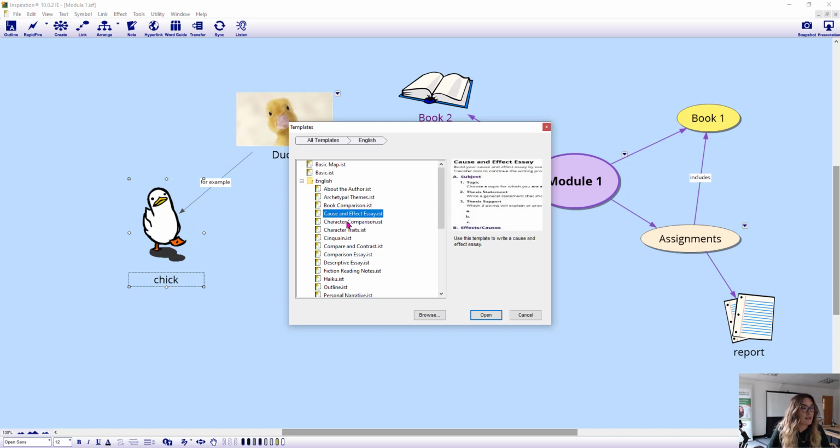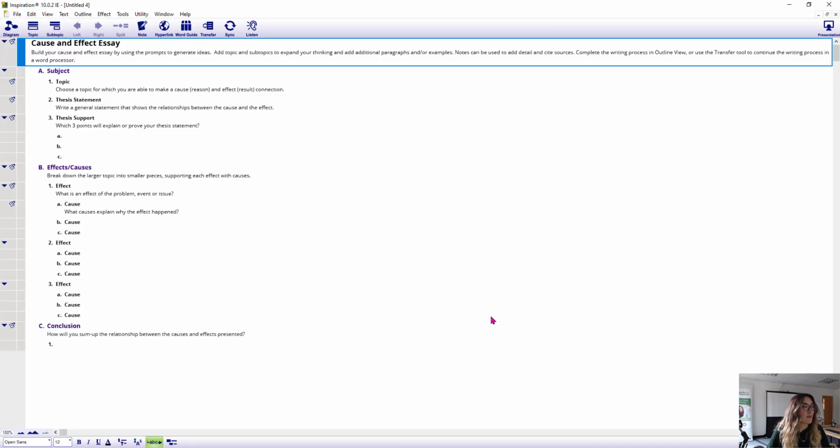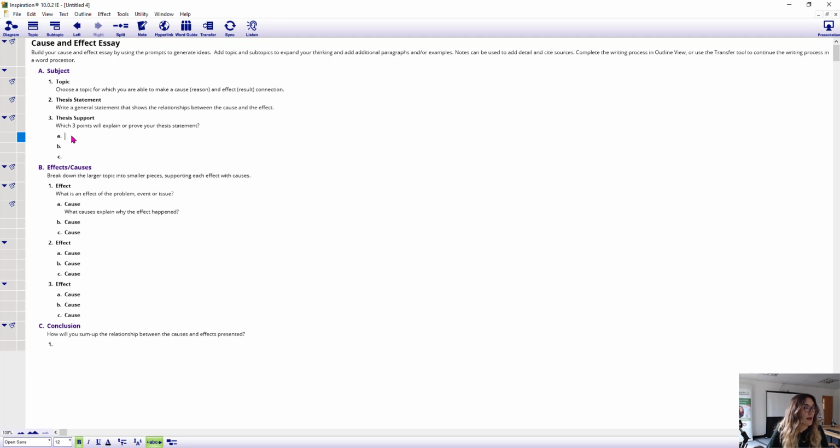Some of them are in map view, some of them are in diagram view, and some of them are essays which are going to be in outline view. So if I just click on this one to demonstrate, here we go, we've got an outline for a cause and effect essay available to us. We're given all of these prompts of where we can get started. We can straight away start typing into this document